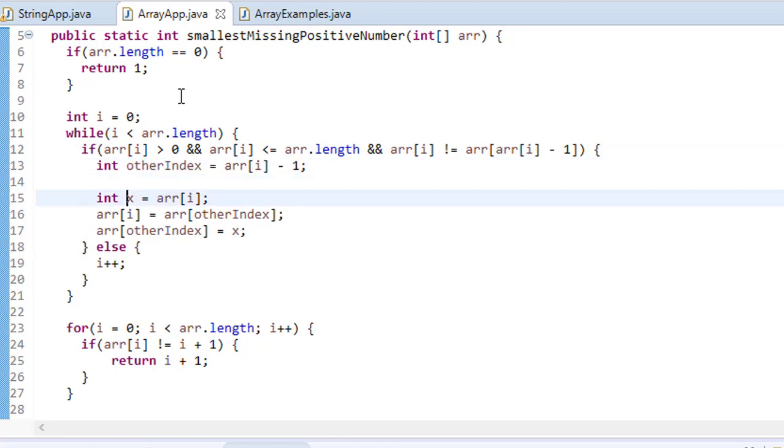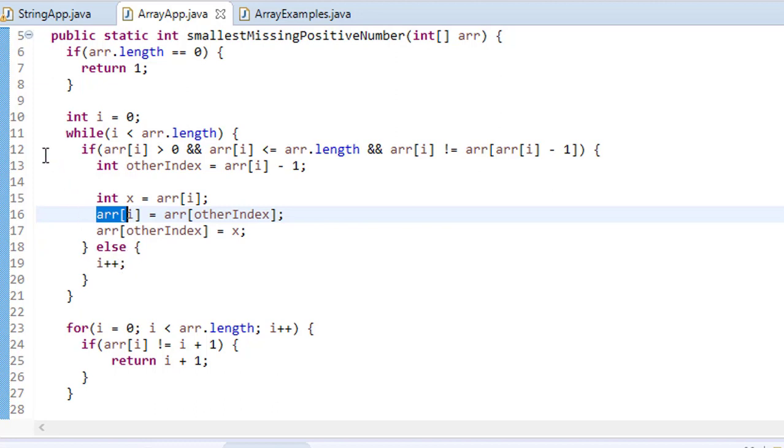Now I will store the current value in x. Then I will swap them. This is just a swap operation, because I have this other index here, and my current index is this i. So basically I am swapping the value. And if it is not the case, then I will simply increase i by 1, i plus plus.